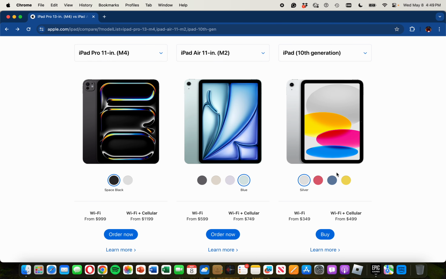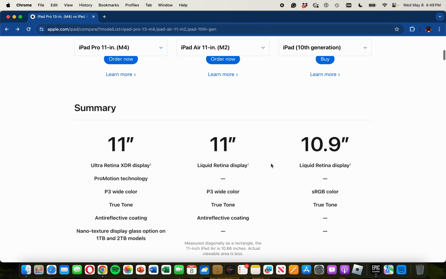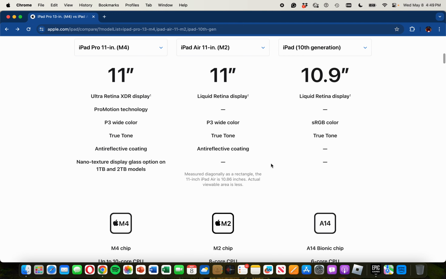So they also have the iPad 10. They reduced it by $100. Keep in mind that this has the older A14 chip. So yeah, in terms of the specs,